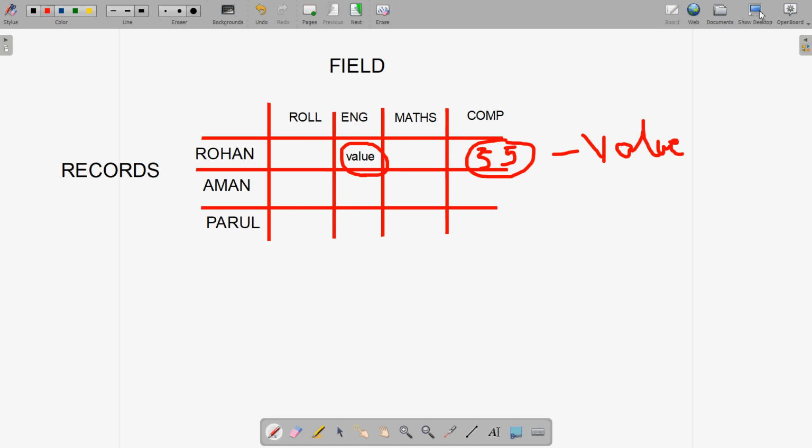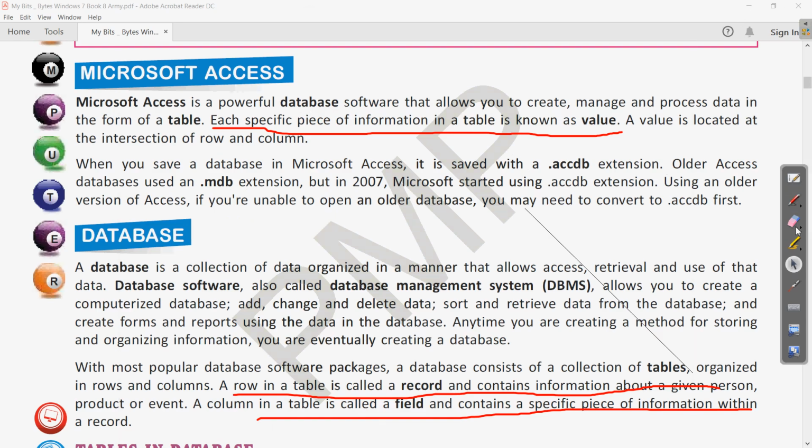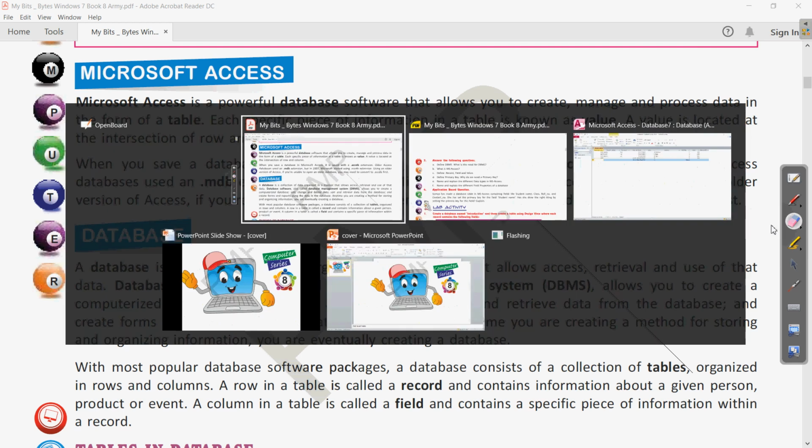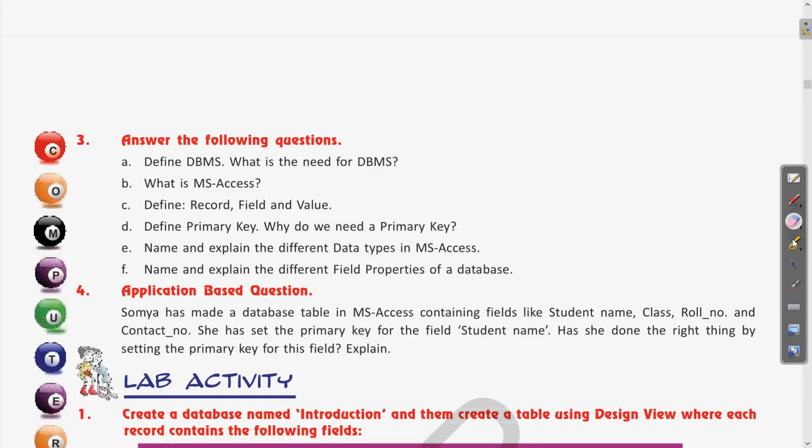Okay, now let us come to the next question. Let us erase this. So you can make a diagram to denote all the record, field and value. Okay, now coming to the next question, that is question number 3D. Define primary key and why do we need a primary key?